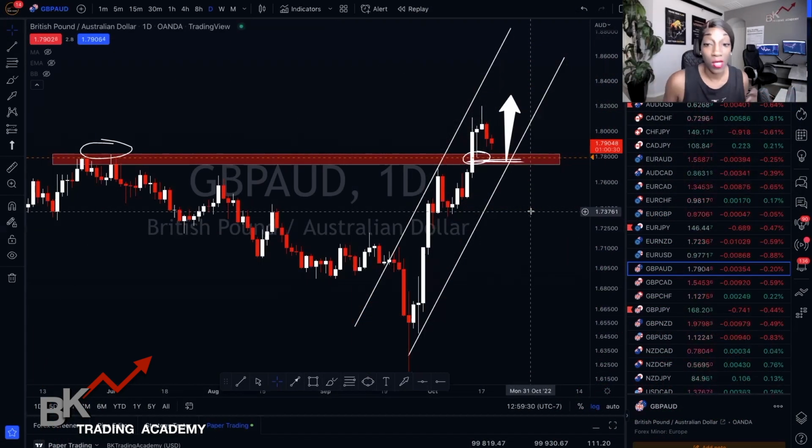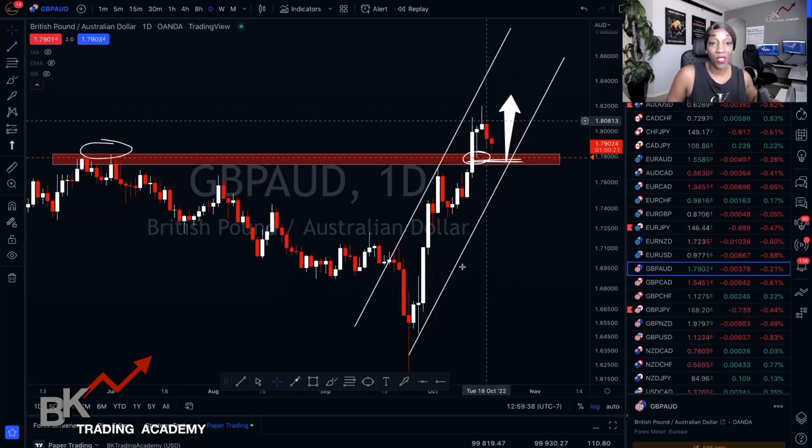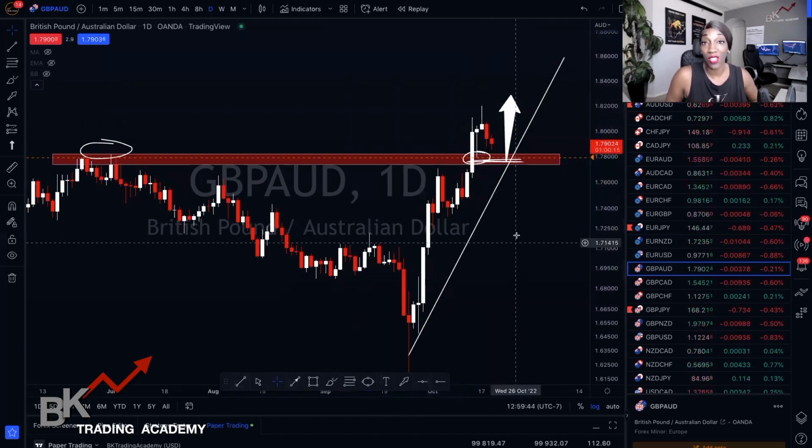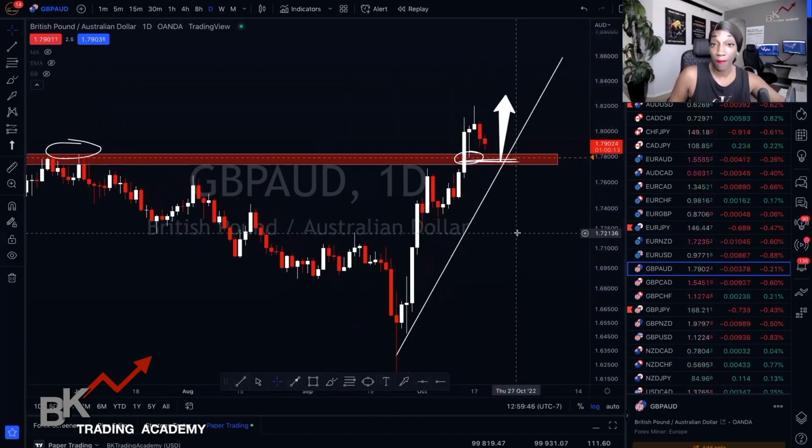So listen, on GBPAUD, here is your area of value. This is where you're going to be looking for an opportunity. Whatever strategy you trade, it doesn't matter. You don't have to trade the channel strategy that we teach. You simply are going to look for your entry criteria for your particular strategy. If you're a scalper, you're going to look for those rules that you follow every single time when the price